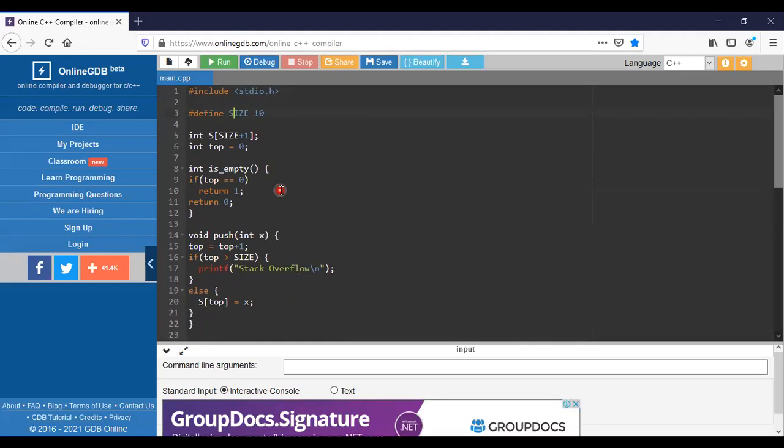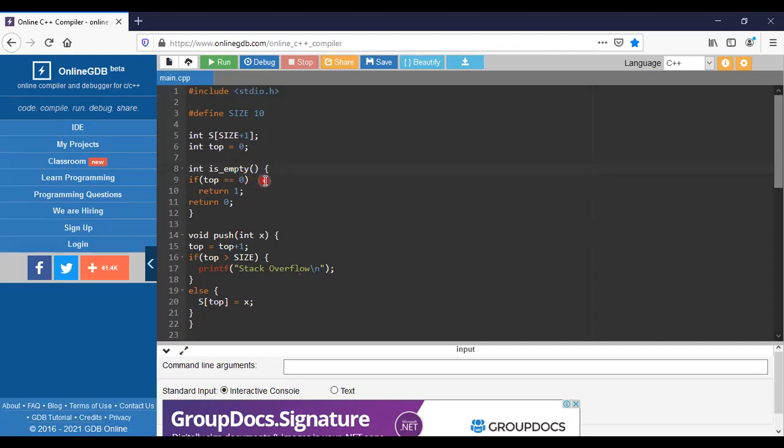I'm taking the size of the stack as 10 only. Okay. So the top element will be specified as 0. What we need to do is check whether it is empty or not. As I said, it will perform the operations of the stack as usual, and it won't make you lose the features of the stack. We need to check is full, is empty, all these things. So here we need to check whether it is empty or not.